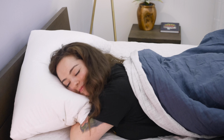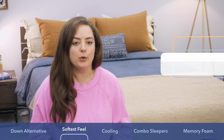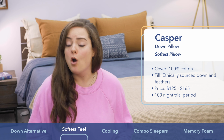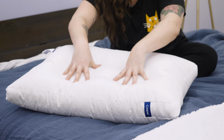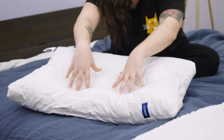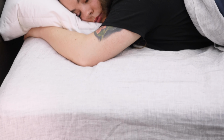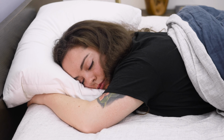Okay, next up on my list is the Casper Down pillow, and I picked it for stomach sleepers who really prefer a super soft, very low lofted pillow, or even sometimes sleep with no pillow at all. So it's filled with 100% ethically sourced down, but it's got an extra soft fill, and it's really compressible into a super low loft. Now, because of this, I wouldn't recommend this for other positions, but if you are strictly